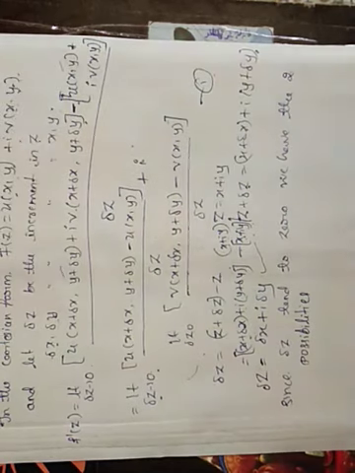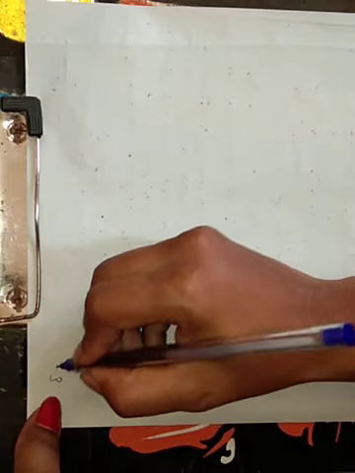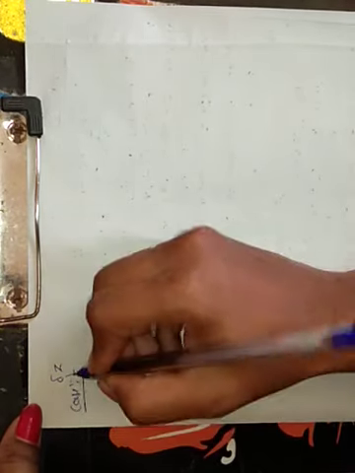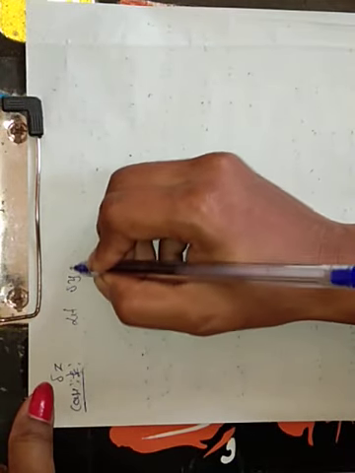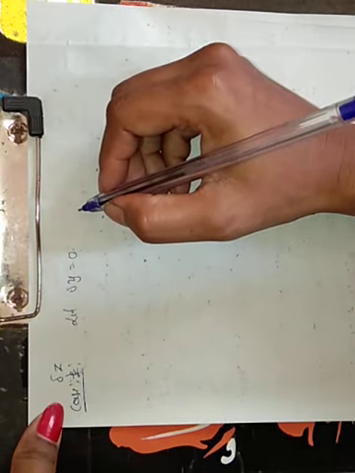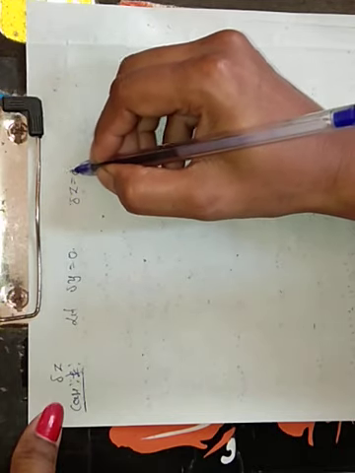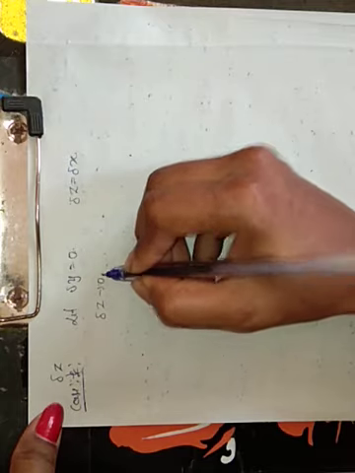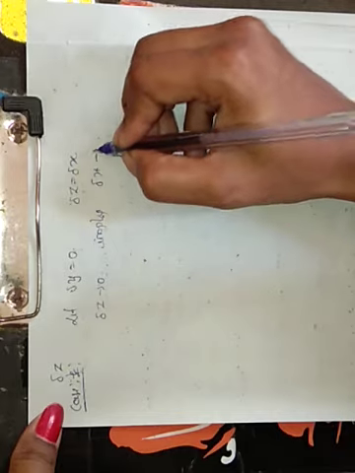So what are those possibilities? We see now. Delta z will be 0 in the first case. What is the first case where delta z is 0? In the first case, let's consider delta y is 0. If delta y is 0, we already know that delta z equals delta x plus i delta y, so delta z becomes delta x. And delta z tends to 0 implies delta x is also 0.